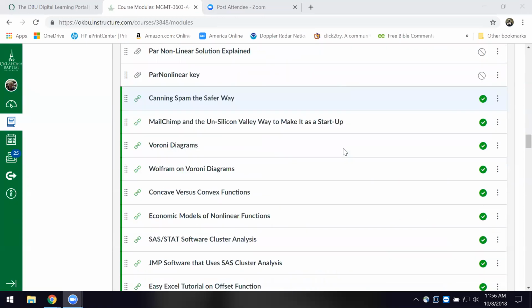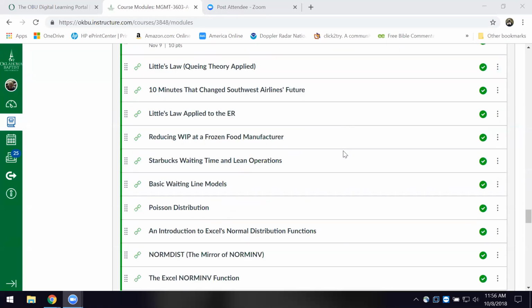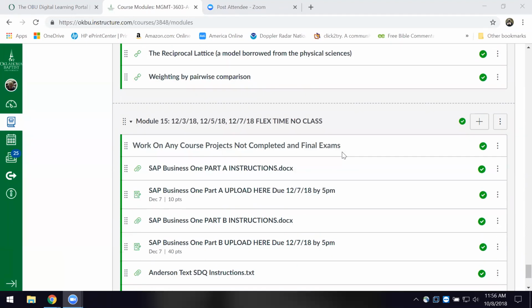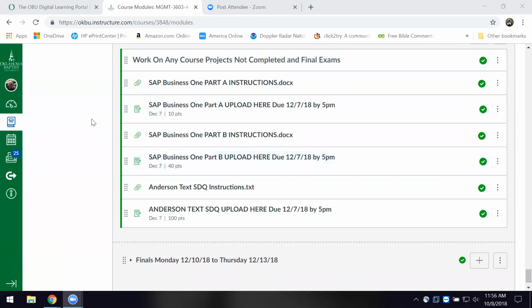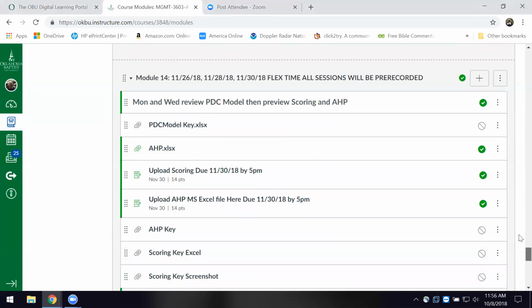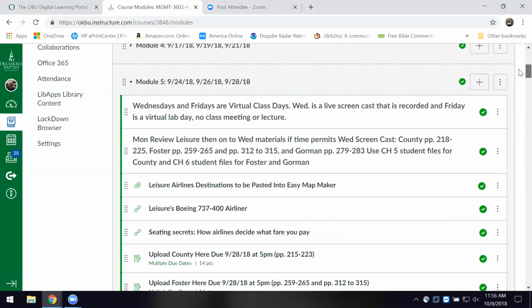And I have down in Module 15, I'll go all the way down here. This is SAP Business 1. I have 2 parts for that assignment. And then for the Anderson text, I have instructions for that assignment, and those 3 things are due, as you can see, the end of that week, which is the last week of class. Now, just as a highlight coming up,